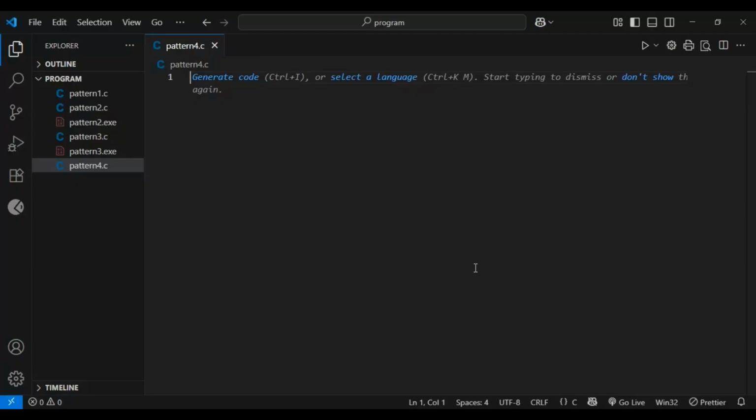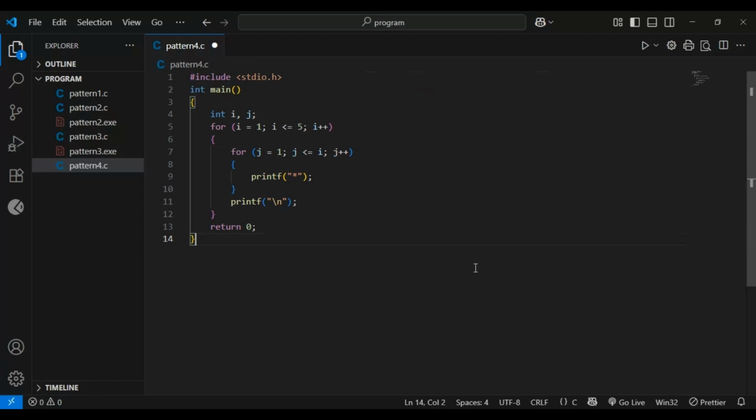So guys, in VS Code, I already created a file for pattern number 4. And now what I'm going to do is paste the pattern 1 code here because it is similar to pattern number 1. And I'm going to change this printf statement with %d, comma, j.